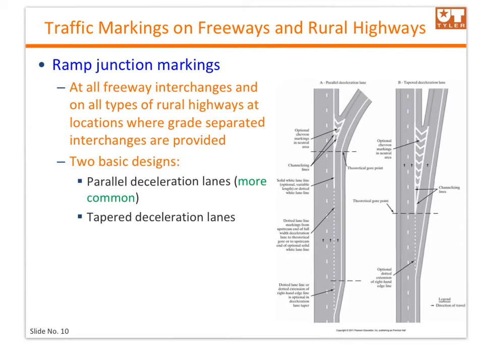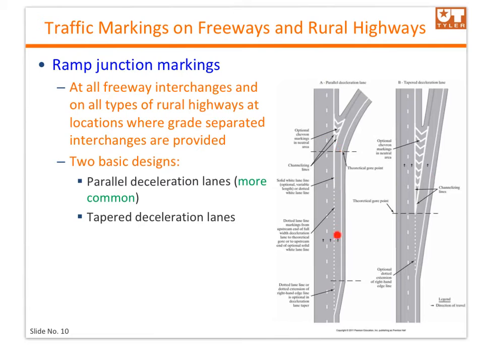So instead of having an assigned lane for the ones who are going to take the exit, now we're going to have more or less a tapered deceleration lane. The lane now is much smaller, but the gore area here is bigger. And even the marking, as you could see, those are optional chevron markings. And the gore area has to be bigger, because the amount of confusion for drivers in option B is going to be more compared to option A,